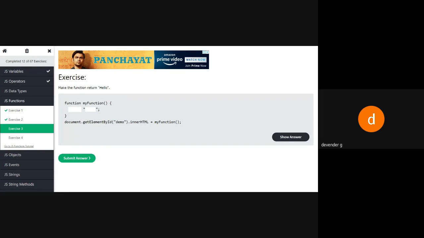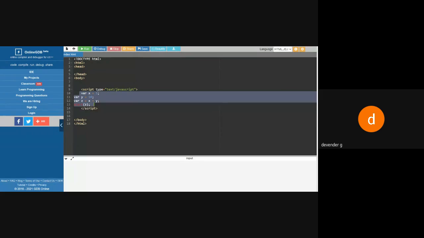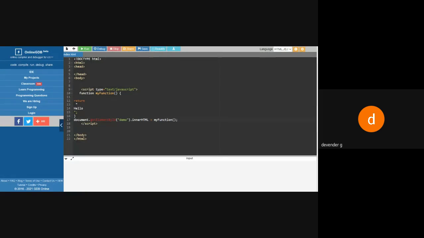Make a function to return hello. Simply you can say return hello. So this message will be passed into the function. Say I'm calling the function. So what is the function doing? It goes there and sees the hello. That hello will be passed into this, and that will be received over here. So we'll see this in our output whether it is going to work or not. So our answer is correct. We'll see for this. So scripting language, take this, write like this.